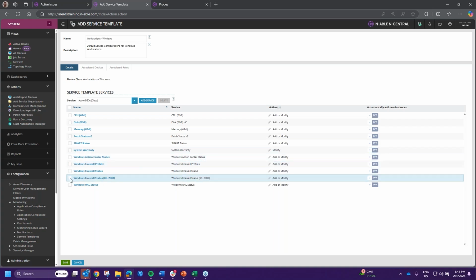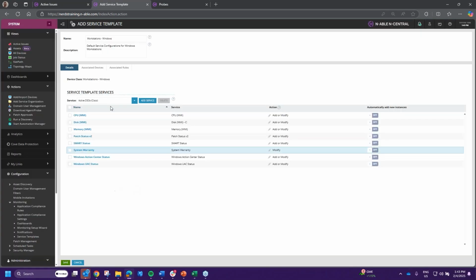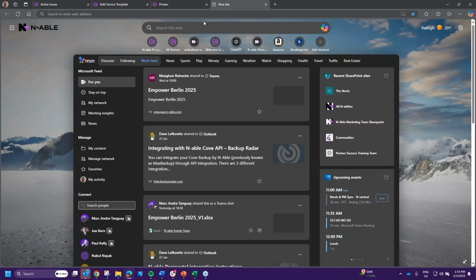And then I'll typically come in and delete some of this other stuff that I just don't need or want, okay? And then what I'll do is I'll start adding in additional monitoring to provide my customers more and more value around my service delivery, right? BitLocker monitoring. There is, again, if I come into